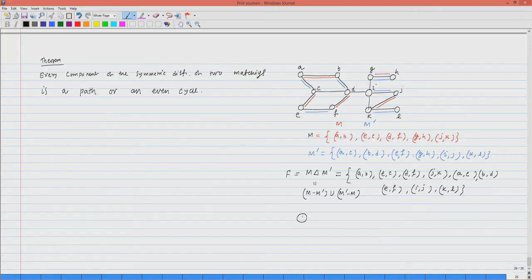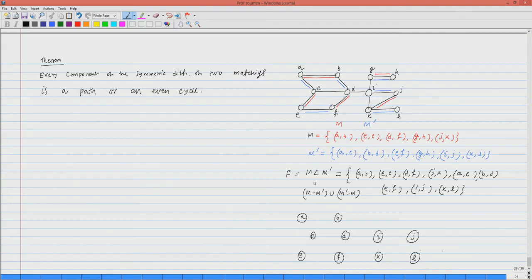Okay. So, this is A, B, C, D, E, F, and then you can see that G H is not there. So, I will just remove those two vertices also. So, I will be left with I, J, K,